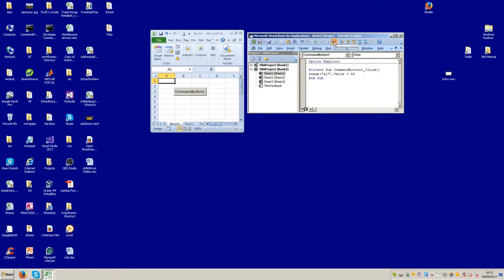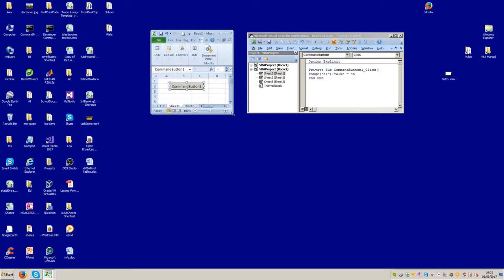So I can put that equal to some number or other, and then I can take the design mode off here. Now why would I want to have the design mode on? So that we can move our button around or make it slightly bigger or smaller. I'll just bring this down here, by the way, and make sure there's enough room for the result to appear into